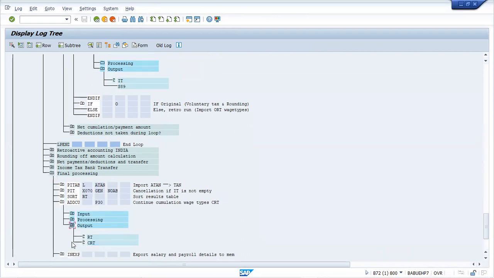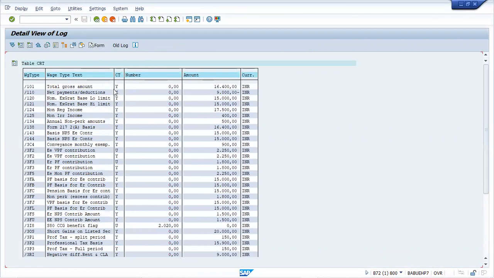ADDCU, Output, CRT, cumulative results table. These values, you can see, are the same. So here now we understood. So what is the meaning of U? Tell me, what is U? We have seen there is a value U, and there is a value called Y. Y is fixed and yearly, I understood.